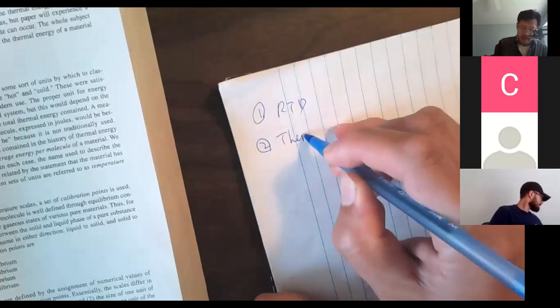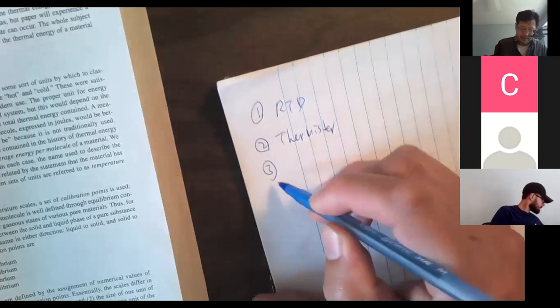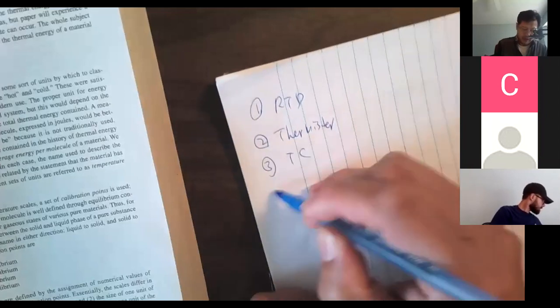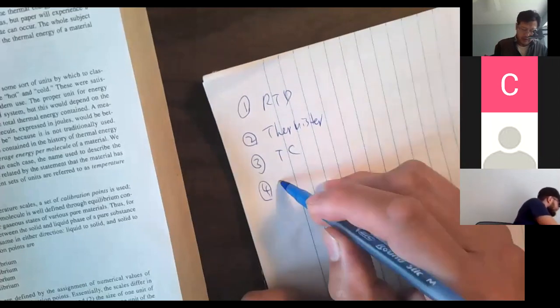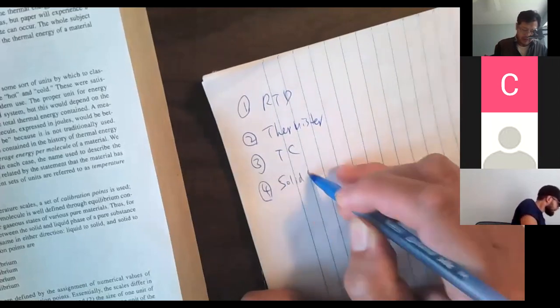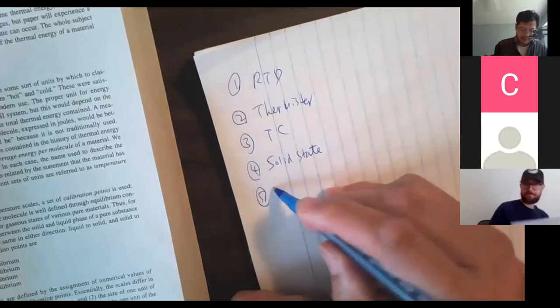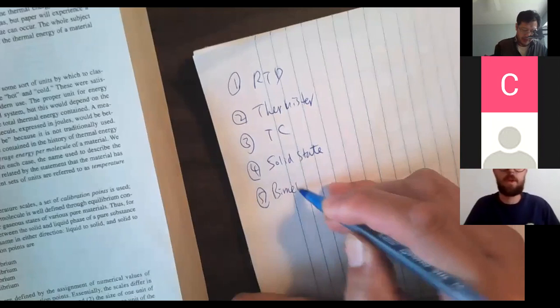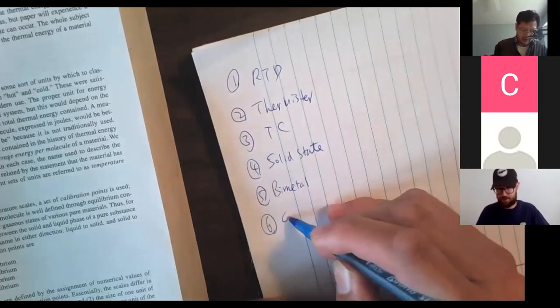We'll talk about that in detail. Number 3, thermocouple. Number 4, solid state. Number 5 is bimetal. Number 6 will be whatever